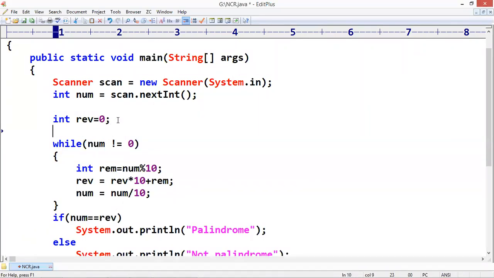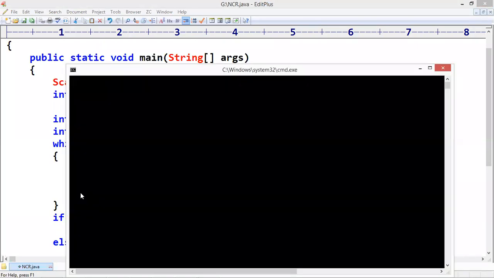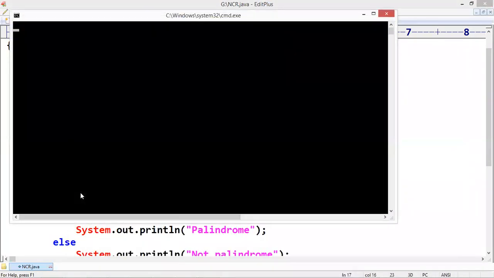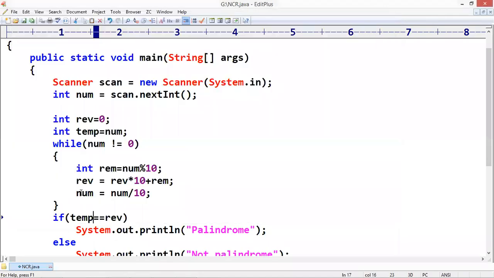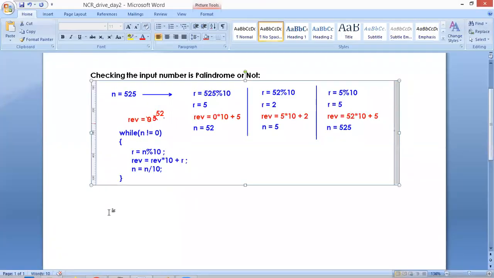That's why we should take the help of one temp variable. You can check with the temp variable. Suppose here if I give the value 5225, it's a palindrome number.